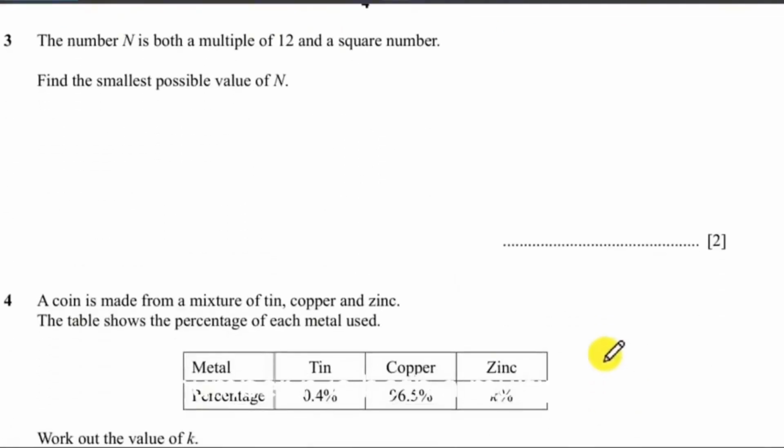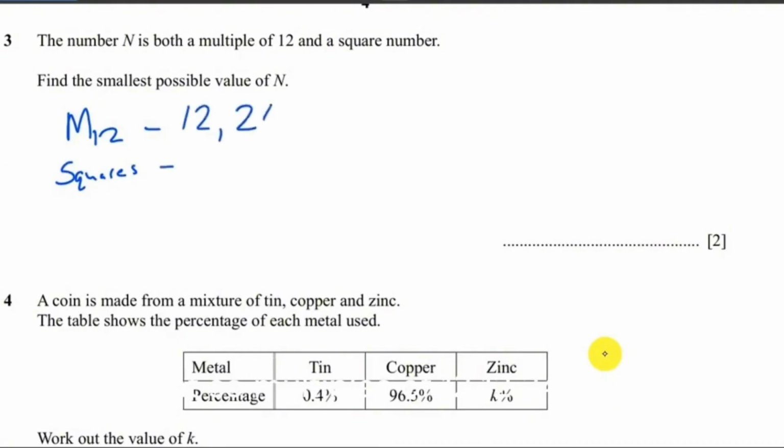The number n is both a multiple of 12 and a square number. Find the smallest possible value of n. In this question, it is easier for you to list out the numbers which are being requested here. Firstly, let's list down the multiples of 12, and then let's list down the square numbers. Right, so multiples of 12, 24, 36,